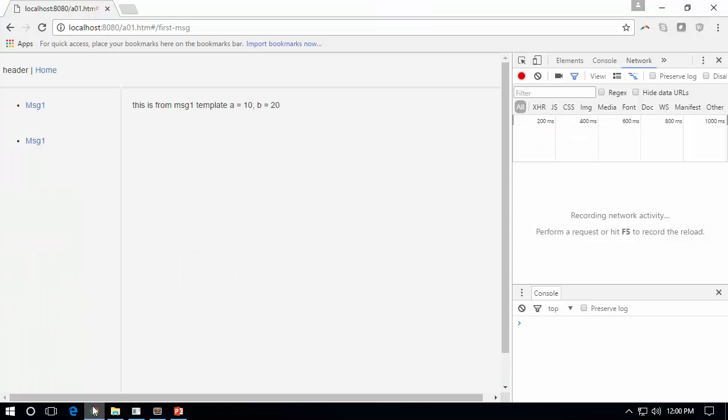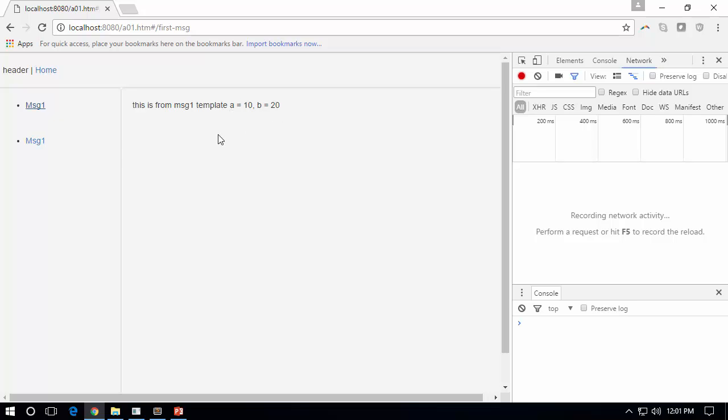I have a simple example already. This is just a home page. You can see if I am on home, it just says you are at root, click something else or some link. In this case, I have two links which are actually saying the same concept, MSG1, MSG1. So both actually go to the same URL. If I click on this, you can see it goes to first message, which brings some message